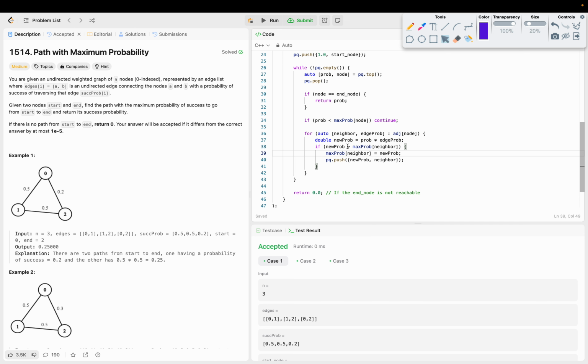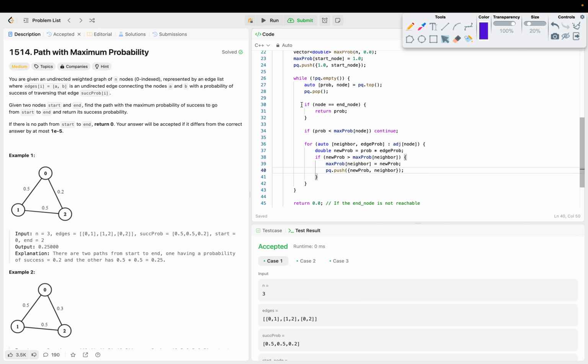So here the sign is reversed, as you can see. In Dijkstra we write distance is less than this distance of neighbor. We are now writing new distance is greater than the distance of neighbor. That's it. And we are updating it, pushing the neighbor and probability in the queue as we do,